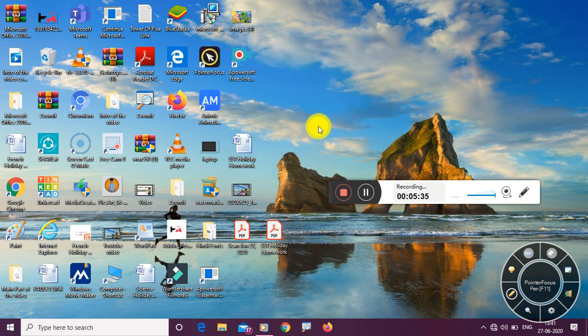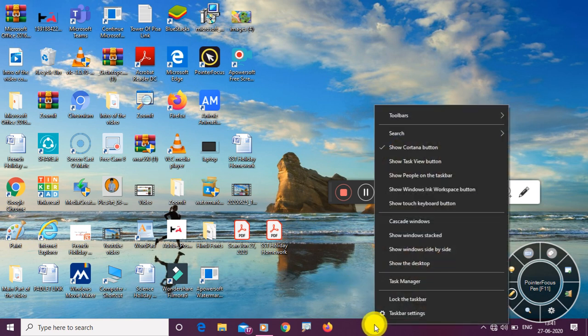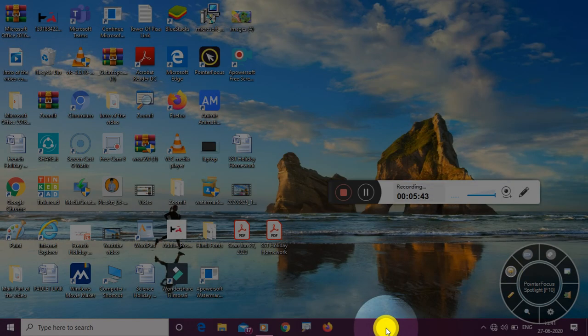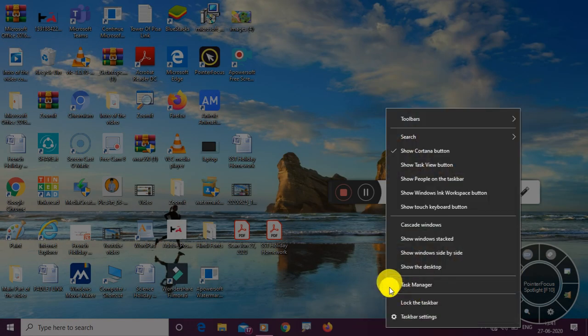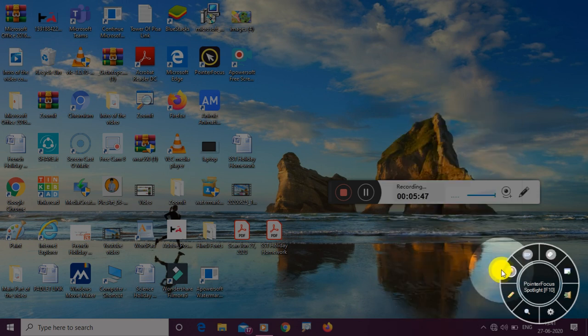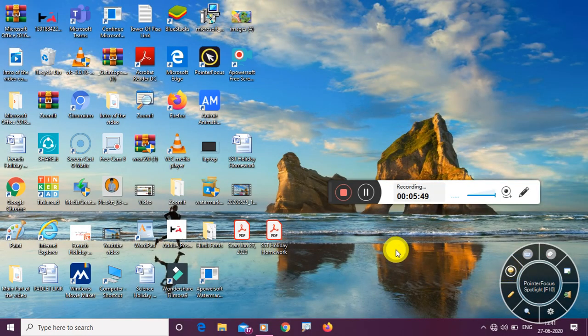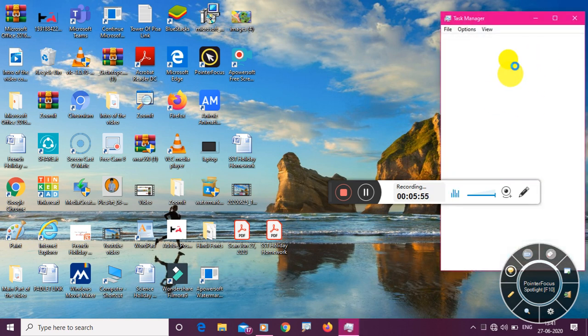Now what we have to do is right click on our taskbar, and here we can see the option Task Manager. We'll click on that and our Task Manager will open shortly. So here we can see our Task Manager is opening.